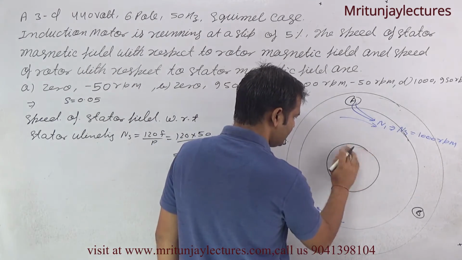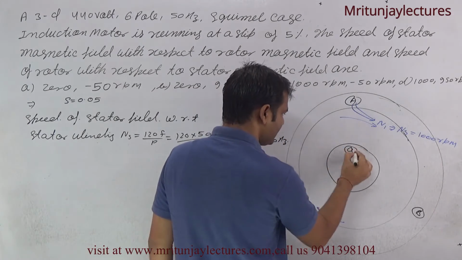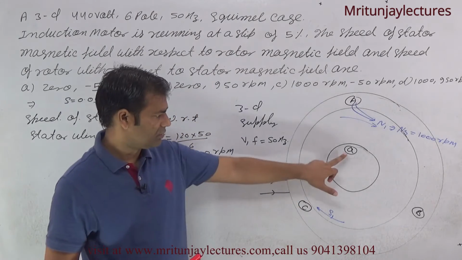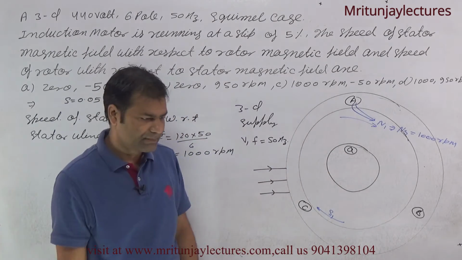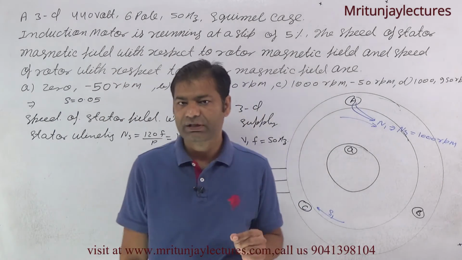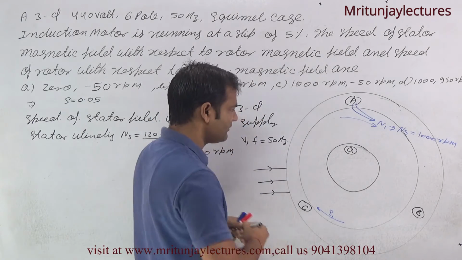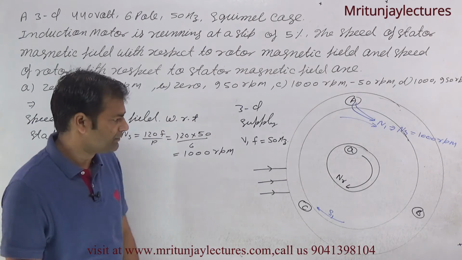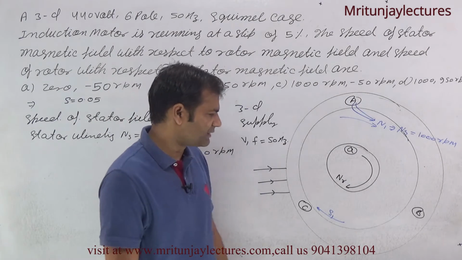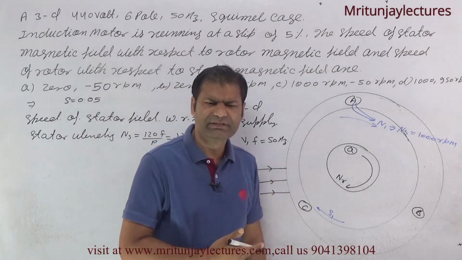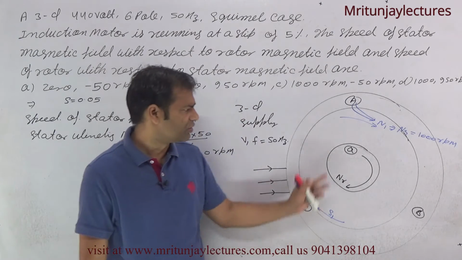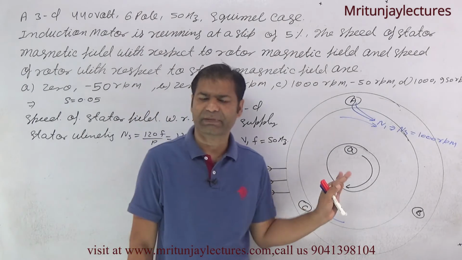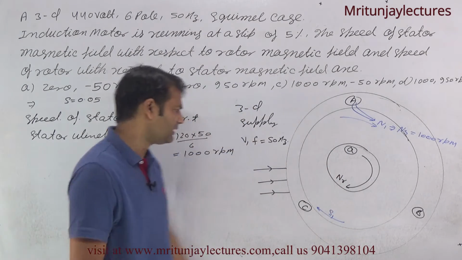That is the rotor, and for simplicity I represent a winding A. If you sit on the rotor, clear? Now the rotor is also rotating in the direction of the stator magnetic field, because this is the principle of the induction motor. I have already discussed this in the fundamentals, which is why I am not discussing why the rotor rotates in the direction of the stator magnetic field. Now, what about NR?